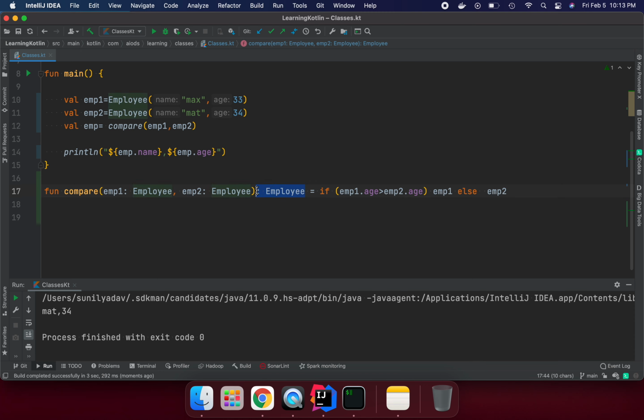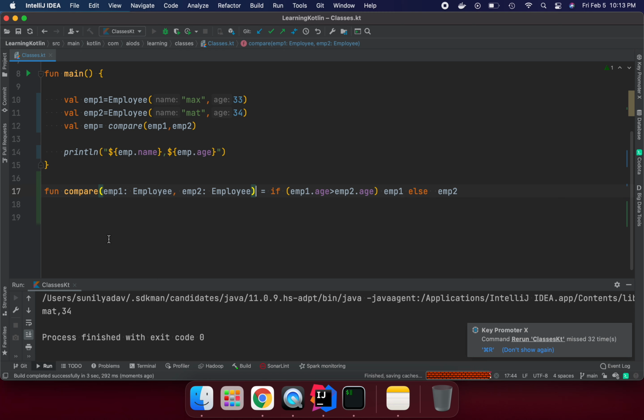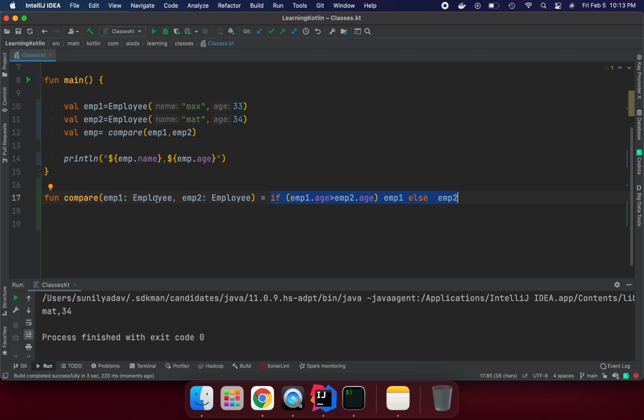I think we can also remove this one as well, because of type inference in Kotlin. Now we have removed everything. We don't need to say what the return type is. The compiler knows what you are returning, so it takes care of the method return type. You don't need to worry about it. This is a really nice way we can use it as an expression.